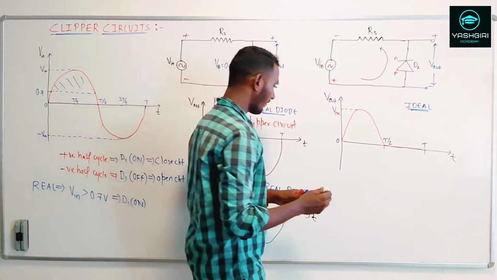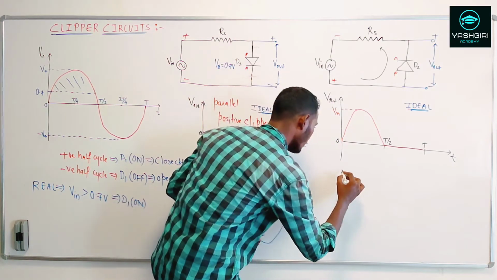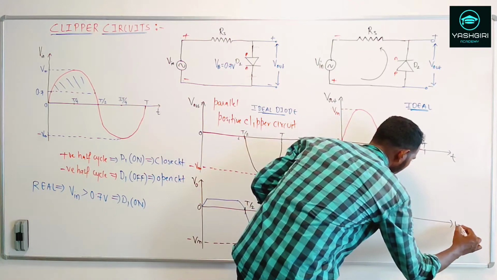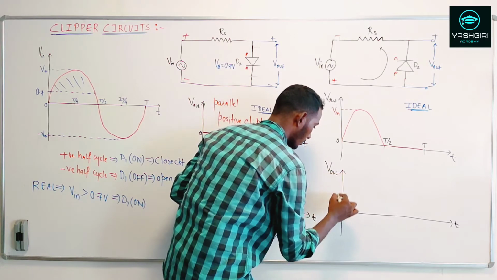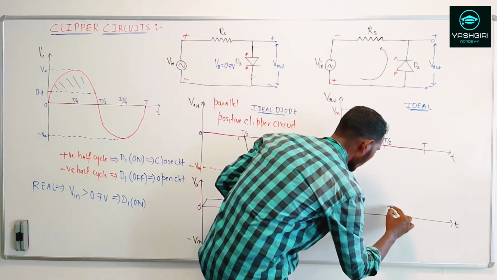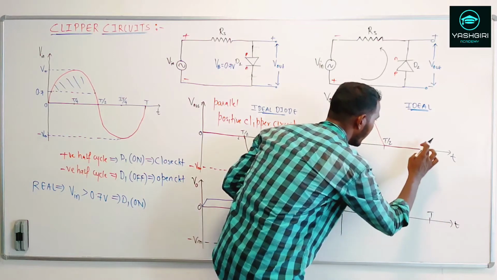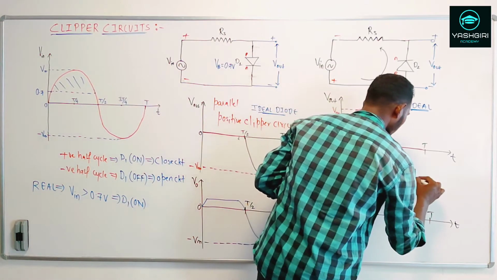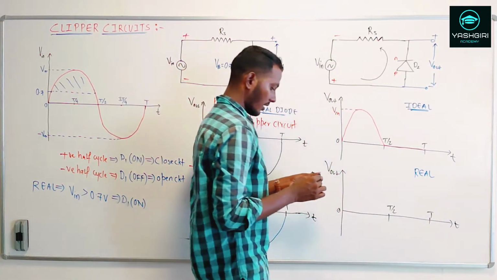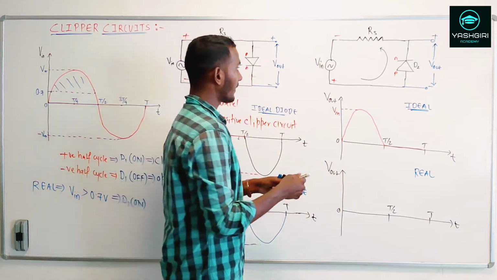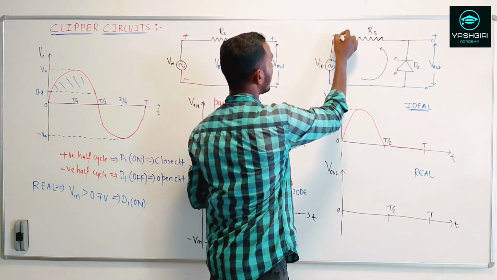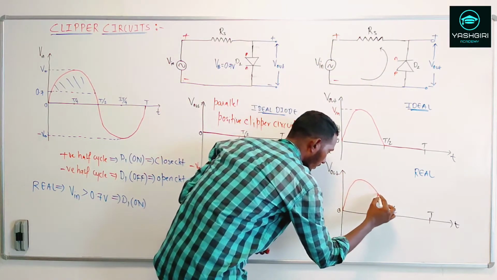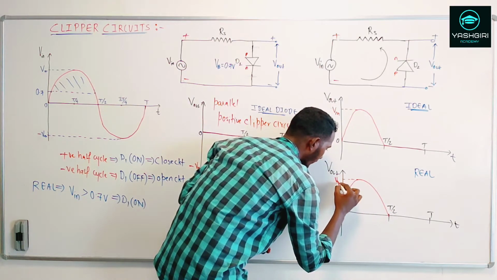Now let's see the graph for the real case. So what should be the graph for the real case? Again, let this be my T. So this is my V out. So this is the 0, T by 2, and this is at time T. So no problem for the positive half cycle for the same real case. There should not be any problem for the positive half cycle, because anyway the diode is going to be in the reverse bias mode. Plus minus, this will always be in the reverse bias. So there is no problem with this, and you will get the same Vm on this side.